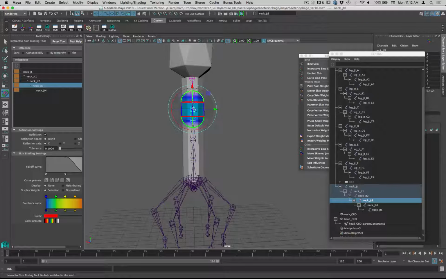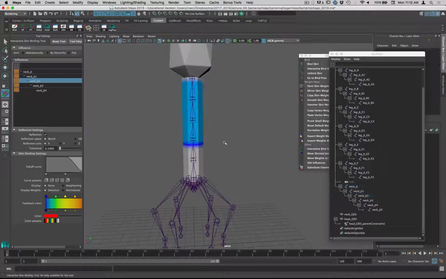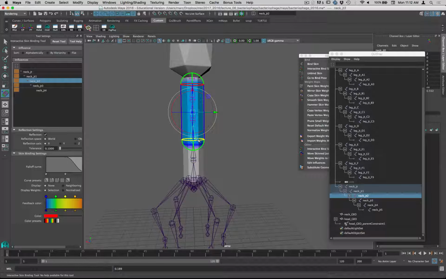and you can control the fall off of the influence of that joint by changing the shape of this capsule, by moving this up and down. So this gives you sort of an immediate way to control how far the influence of this joint is felt. So if I move this one up, now this joint's movement is going to influence a lot more of the geometry. So now if I select this,